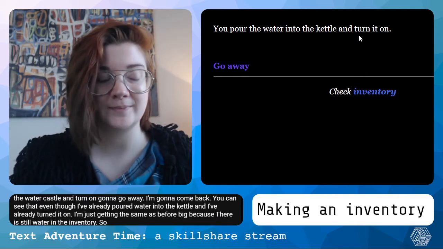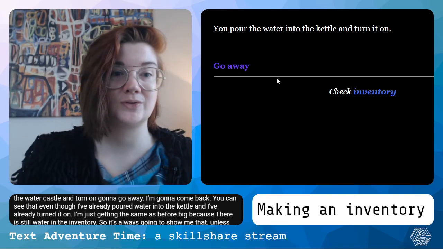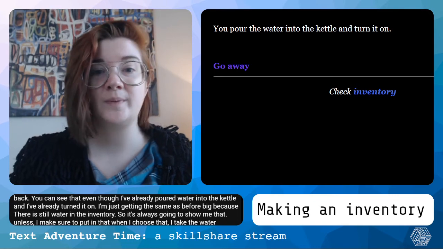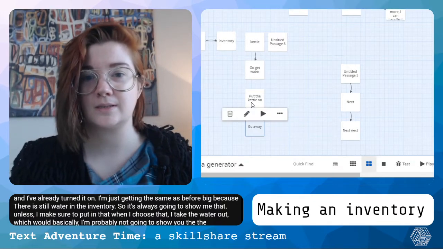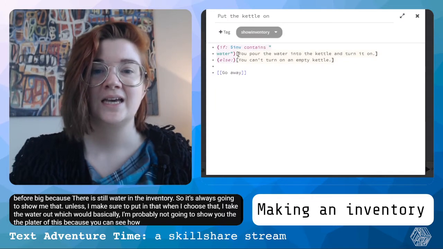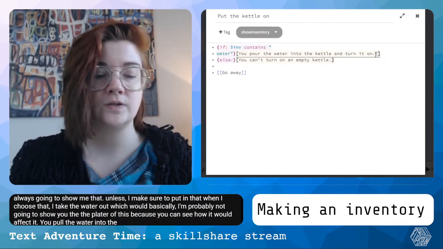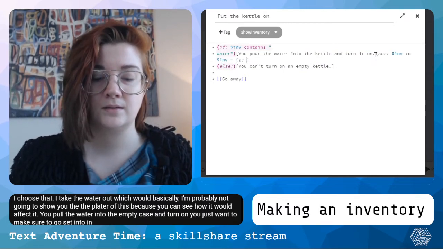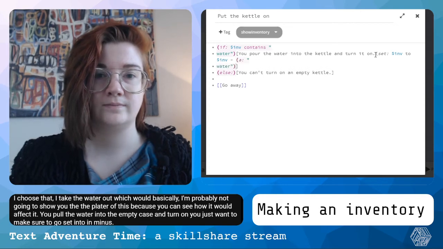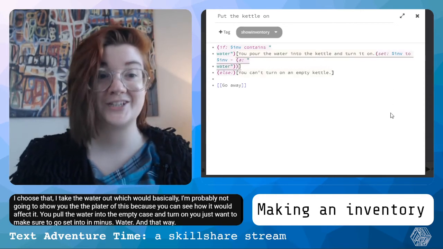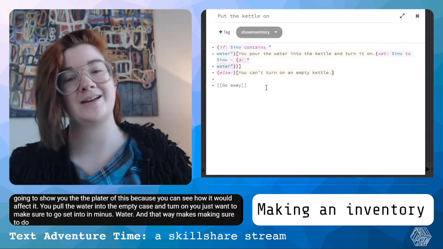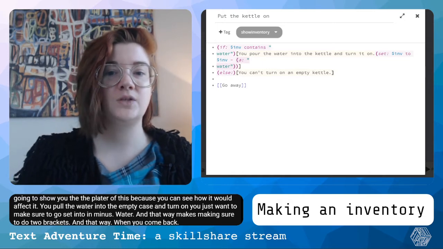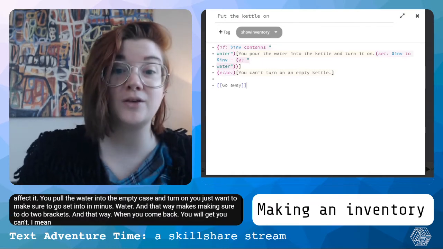because there is still water in the inventory. So it's always going to show me that, unless I make sure that when I choose that, I take the water out. I'm probably not going to show you the playthrough of this, because you can see how it would affect it. You pour the water into the empty kettle and turn it on. You just want to make sure to set inv to inv minus water, making sure to do two brackets. And that way, when you come back, you'll get "you can't turn on an empty